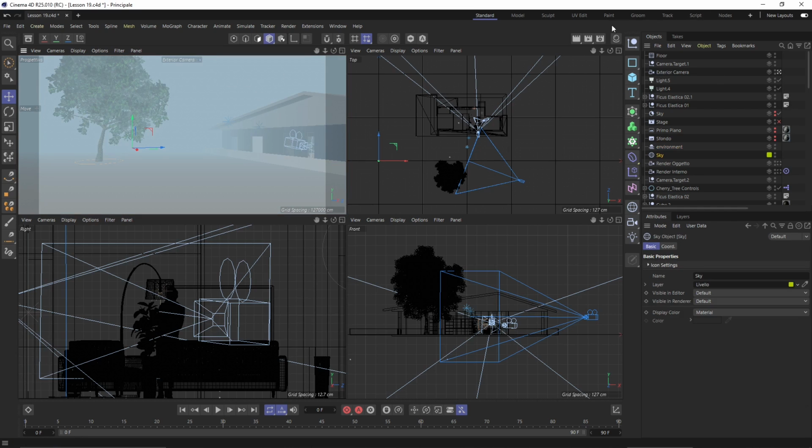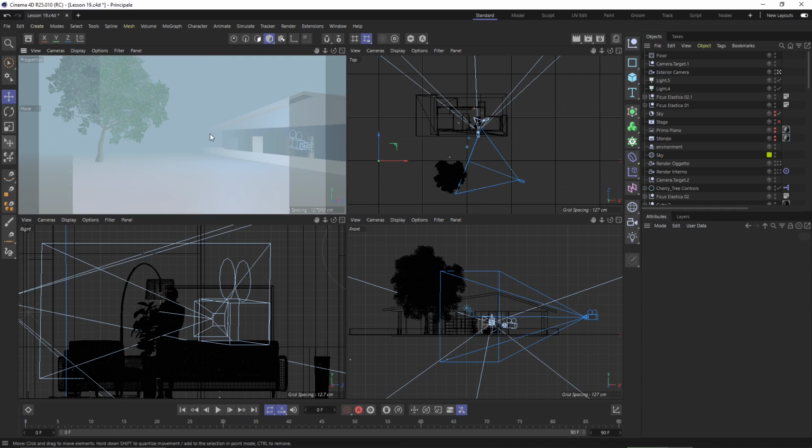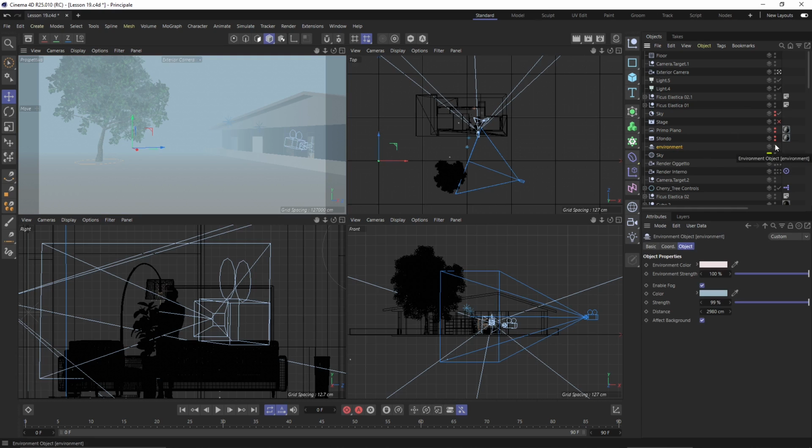You can see already here, but always remember to render. Now, I'm not gonna render every time, but just remember to do the tests of these different effects that we are using. So environment can be overwhelming because it can hide everything in the background, but you can also deactivate the effect background if you still want to see that.